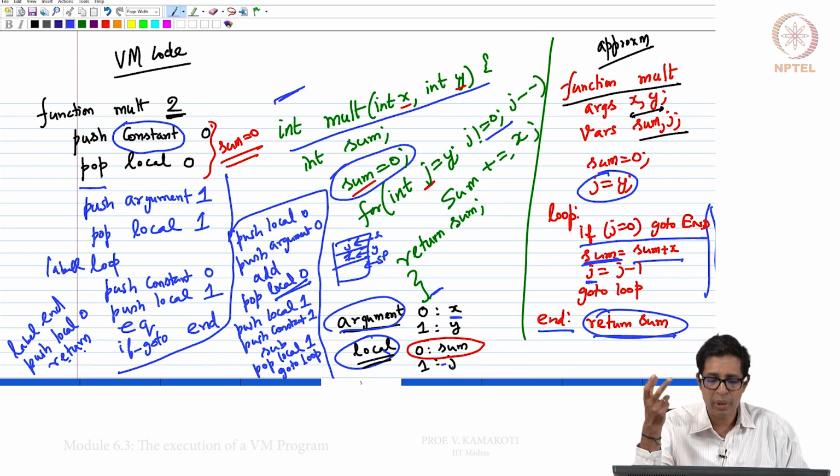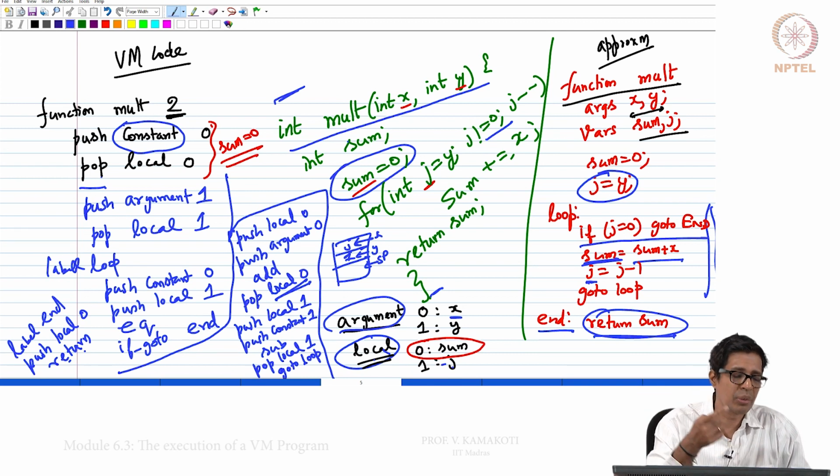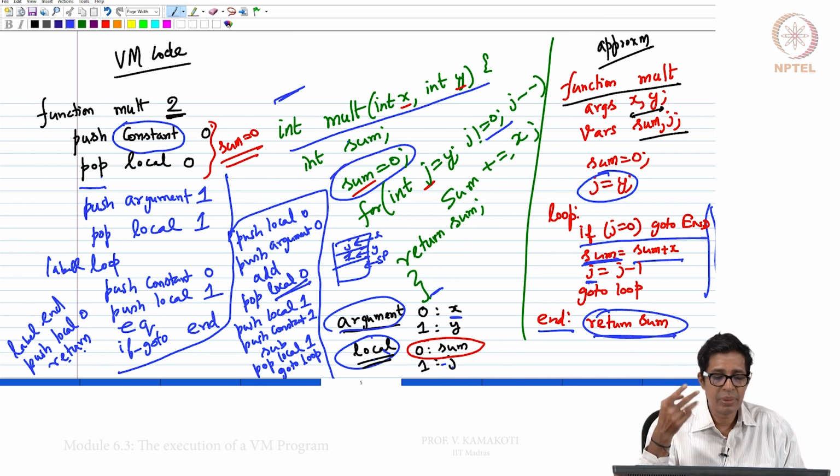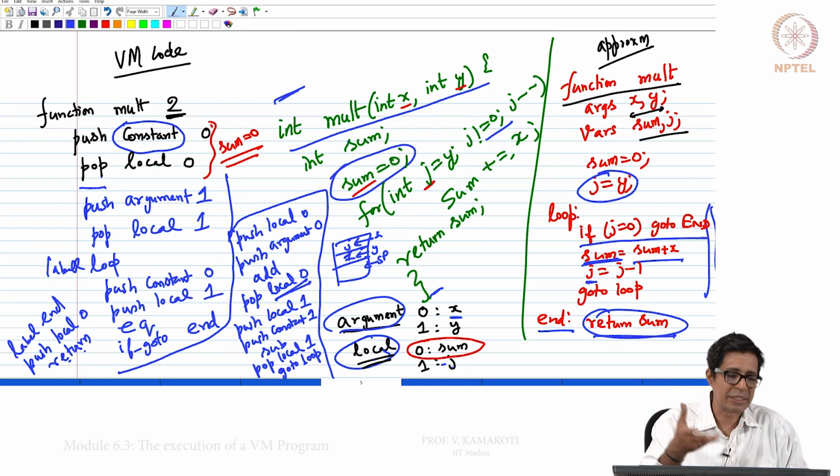And now we have seen different segments. We have seen the segment for argument, we have seen the segment for local, we have also seen the segment for constant, like constant 0, etc. And then the entire stack operation that is happening.